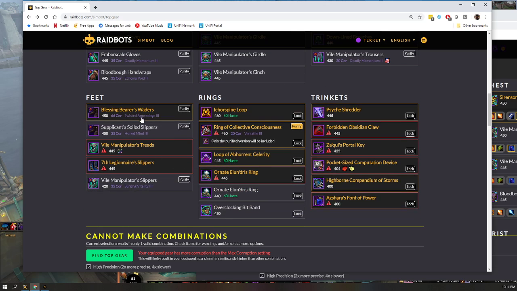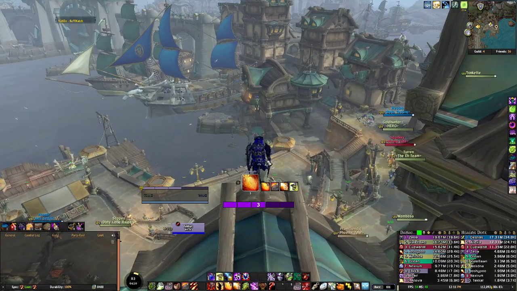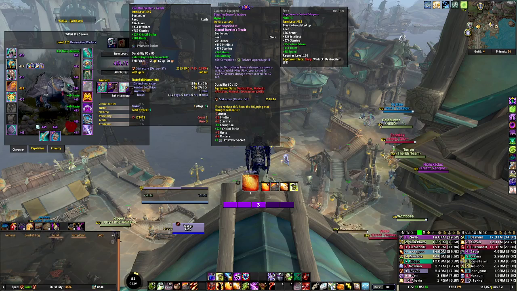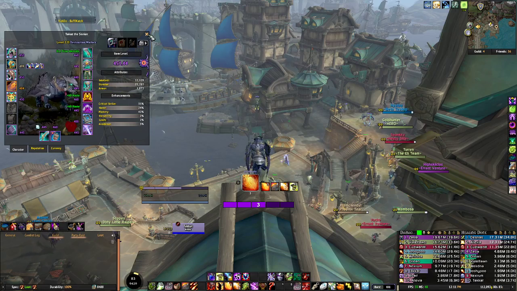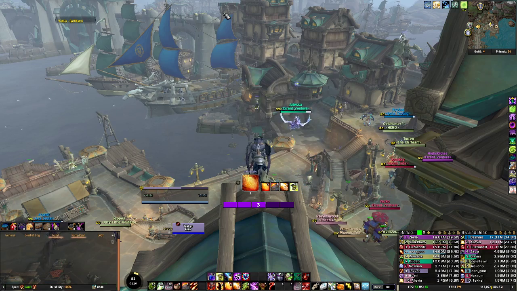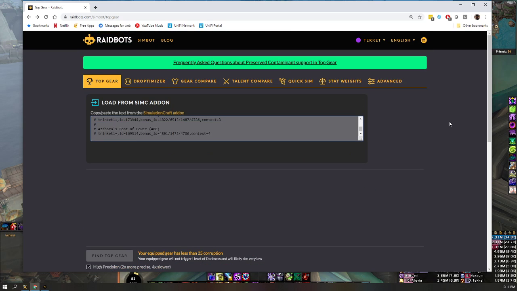I guess, is it not smart enough to tell me I need to purify a particular item? So yeah, it wants me to take out the, yeah, because look at all the corruption. So it looks like we're going to have to make sure we don't have that much corruption. So let's just swap these boots out for these boots. And we'll do a SimC, cut that, come back up here, paste it,